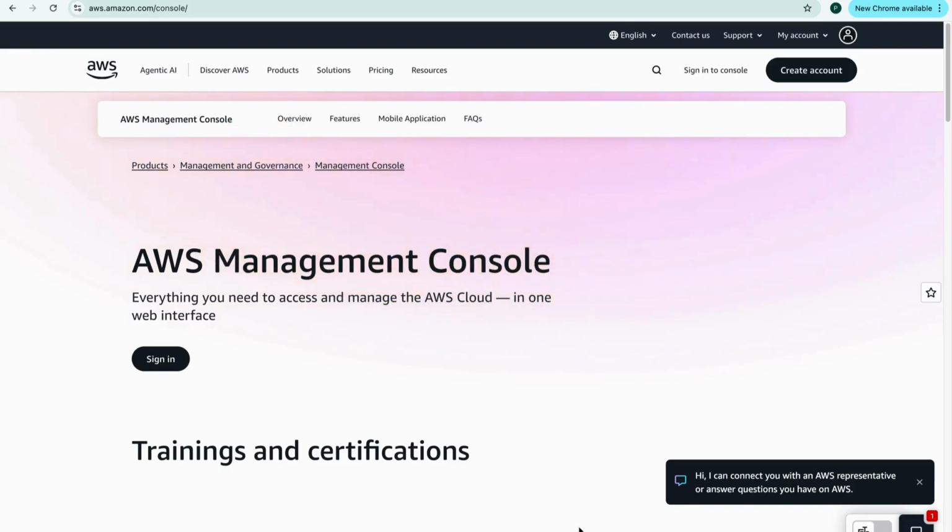One of the reasons is because the root user has full access, right? It can do anything and everything, including deleting accounts, managing billing, closing services, and changing security settings. It can do a lot. It is also a high value target. So hackers and malicious actors, if they are able to gain access to your root user, they can take complete